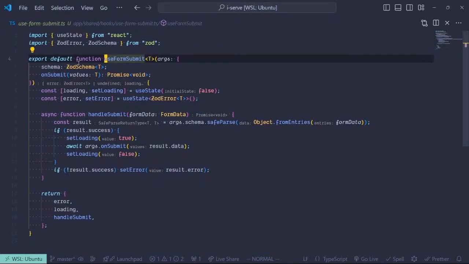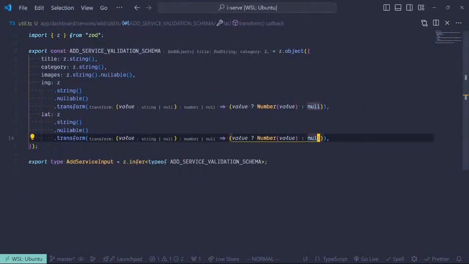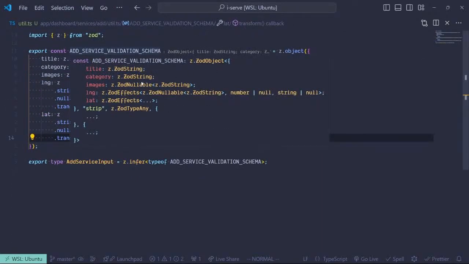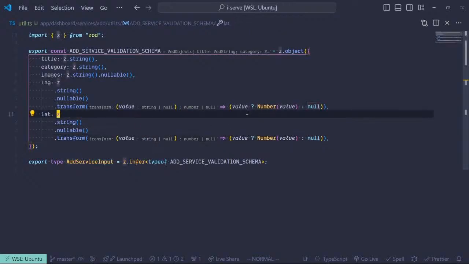Okay, so if I take a look at the Zod, this one has dot object. Because of the transform breaking the type,